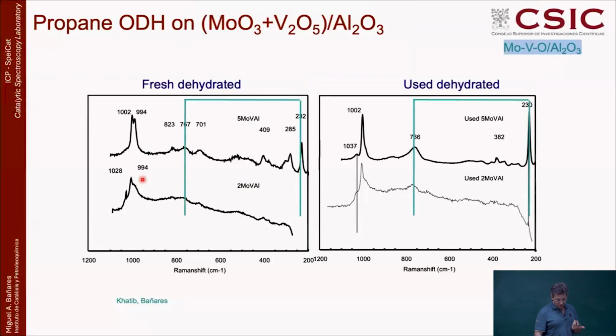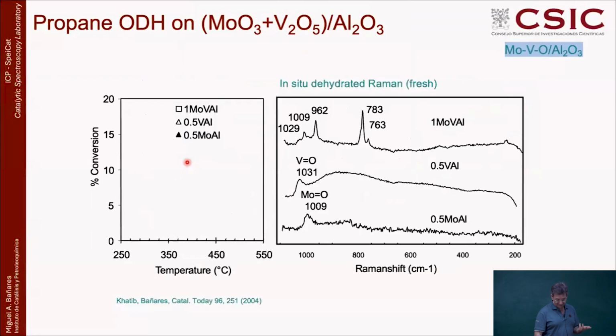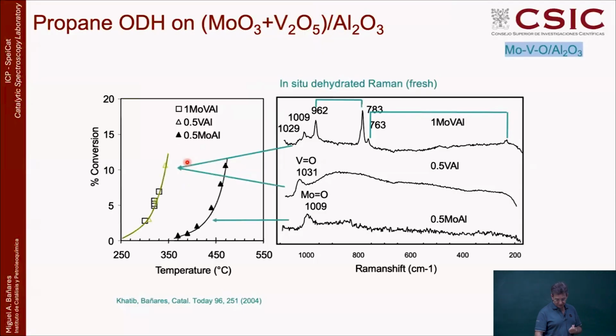Now, you also see other bands, which are present here. And when you are looking at the used catalyst, what you see is that new bands grow stronger. Like for instance, this one at 230 and 750 that were already present here. So there are some changes on this material. And the way the catalyst behaves depends on the total loading, also on whether you have only molybdenum, only vanadium, or molybdenum and vanadium. So some of the drawings are not appearing, which is a little bit misleading, but basically